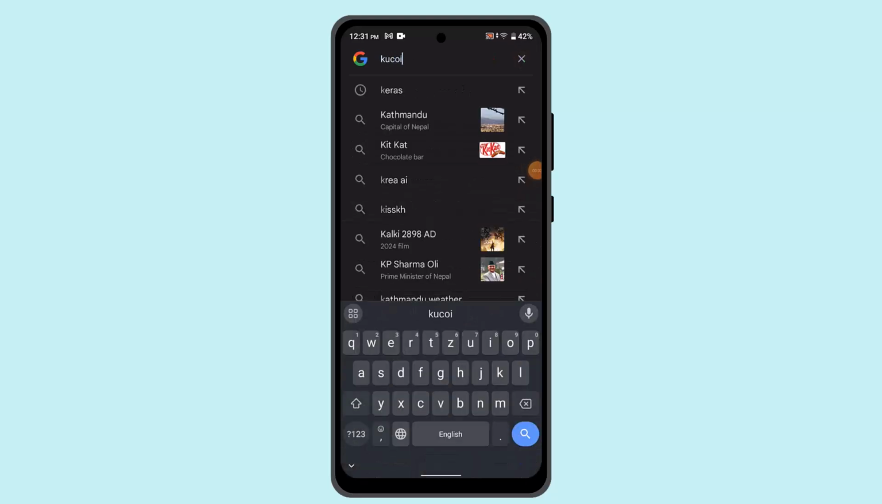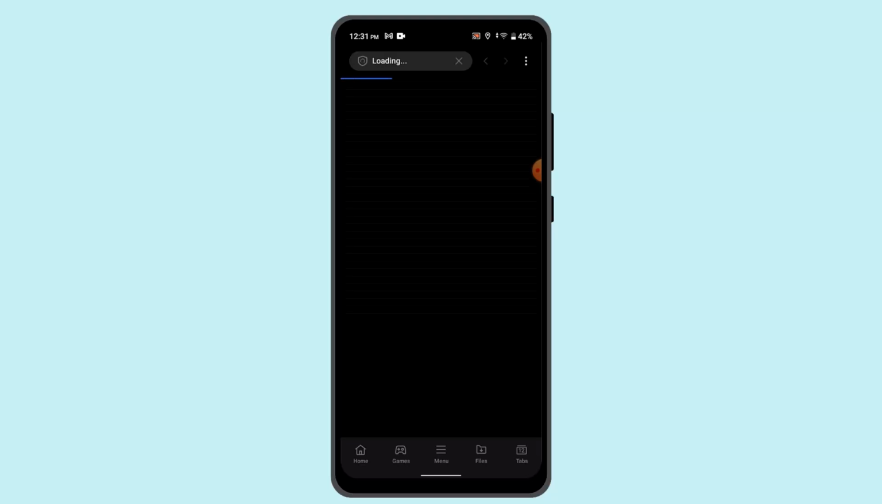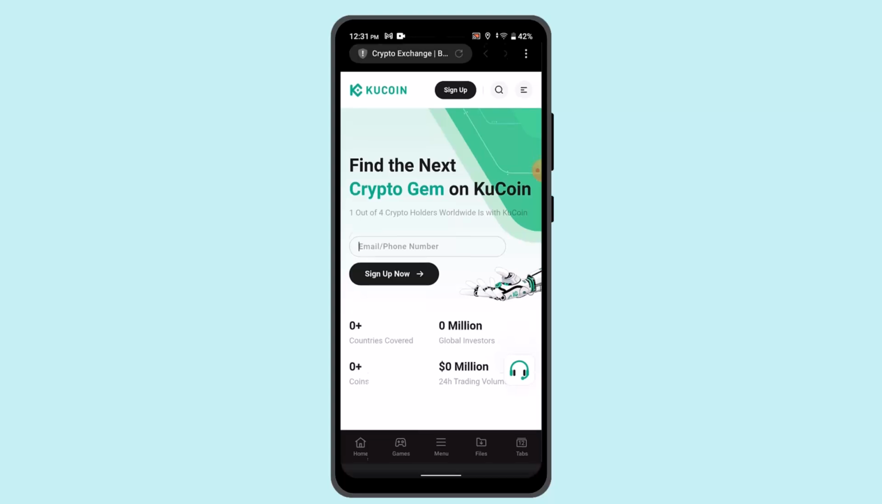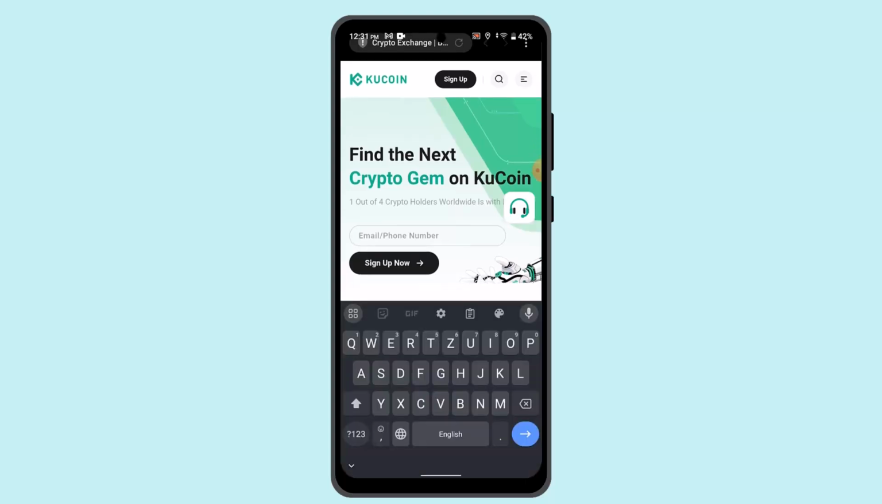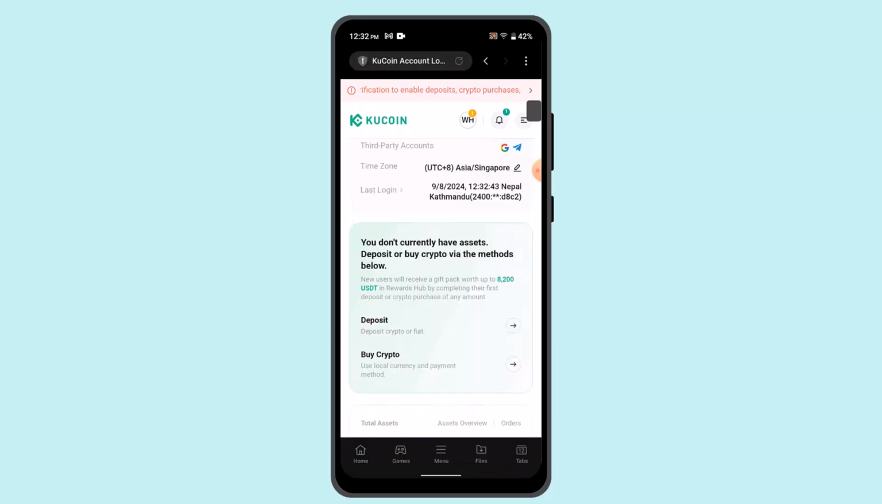In this video, I'm going to let you know how you can connect KuCoin with Google Authenticator. In order to connect KuCoin with Google Authenticator, first of all, you need to install Google Authenticator on your device, and then you need to go ahead and log in into your KuCoin account. And after you're done installing your Google Authenticator, then you could go ahead and log in into your KuCoin account